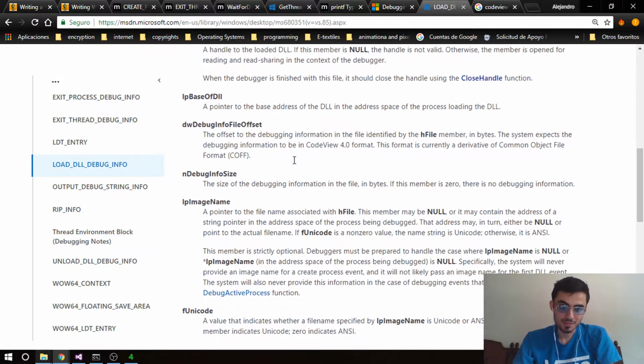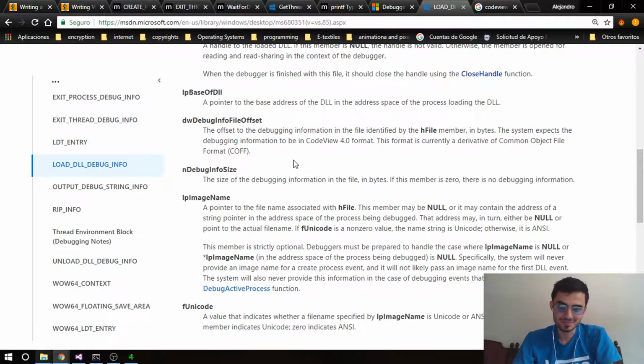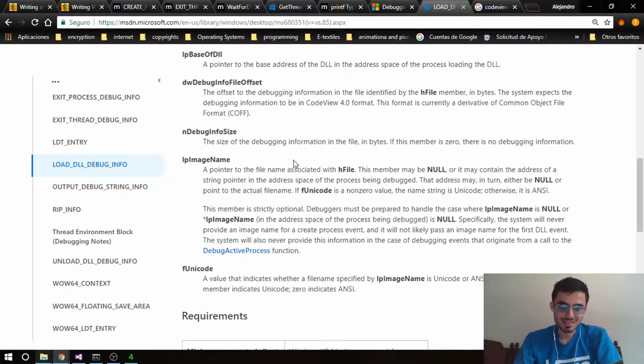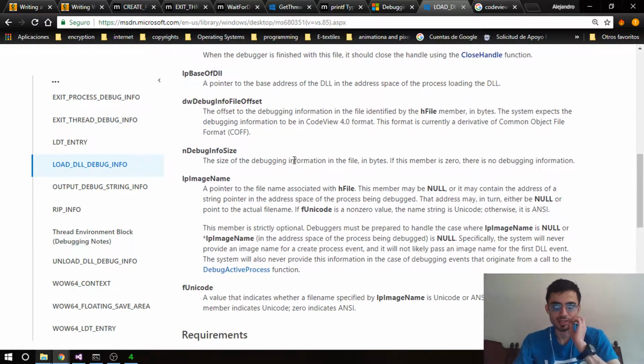So this is the size, the image name. This is the DLL, isn't it? This is the size of the debug information in the file in bytes, but there's no debug information. Okay. The lpImageName points to the file name associated with the hFile, and that's something probably